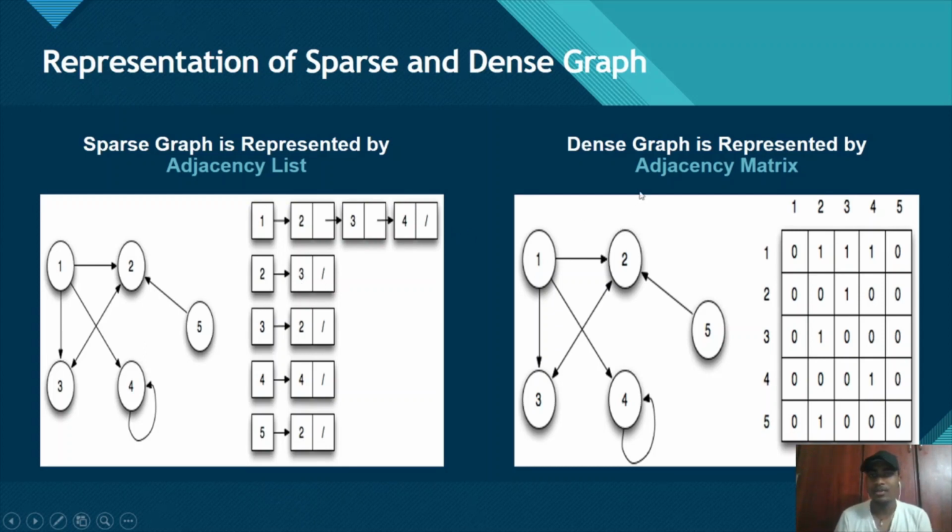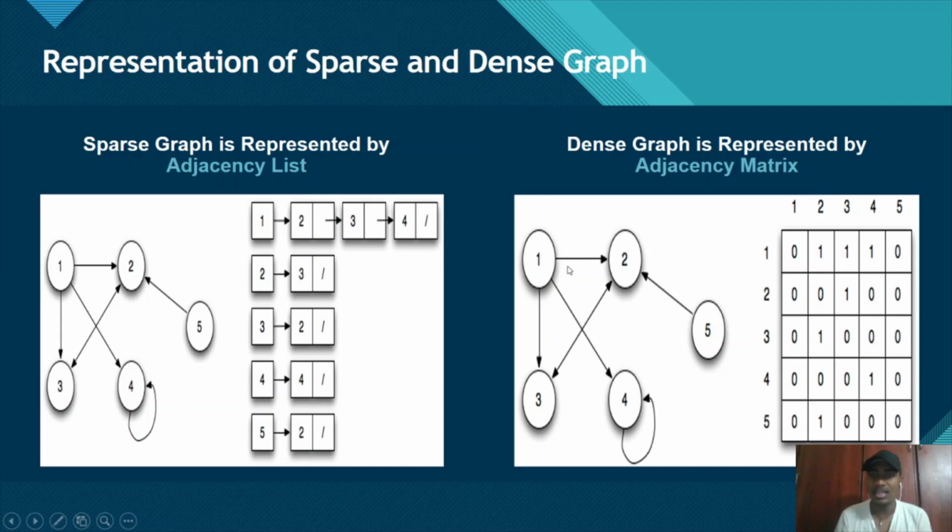Next, the dense graph is represented by the adjacency matrix. First we write all vertices 1 2 3 4 5 along the rows and 1 2 3 4 5 along the columns. Check 1 to 1: is there any edge from 1 to 1? No, so we put 0. 1 to 2: there is an edge, so 1.